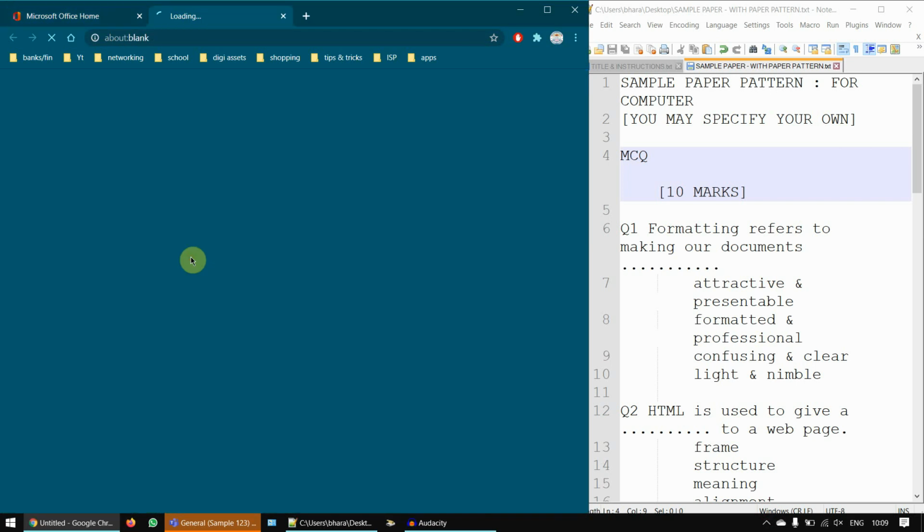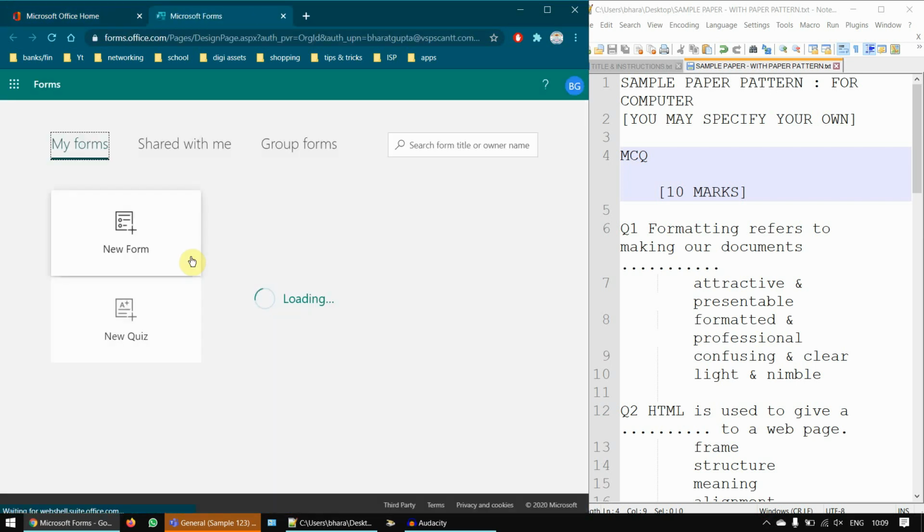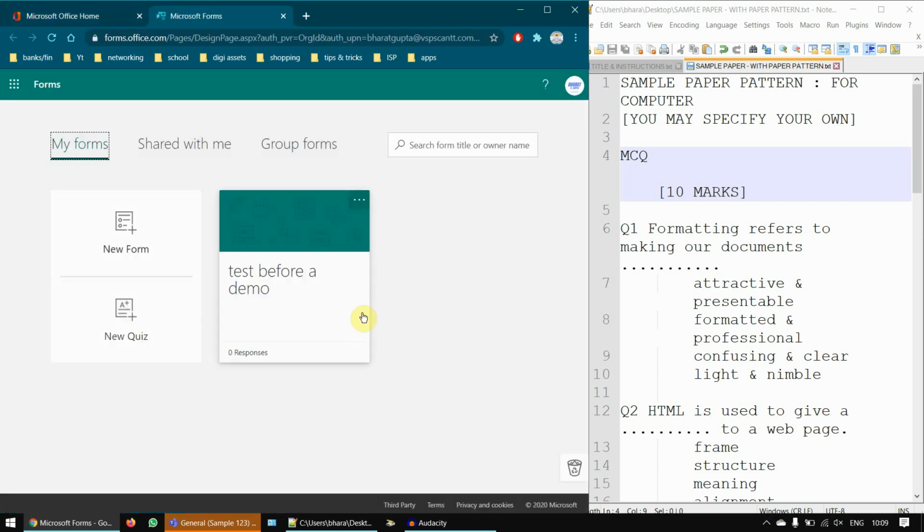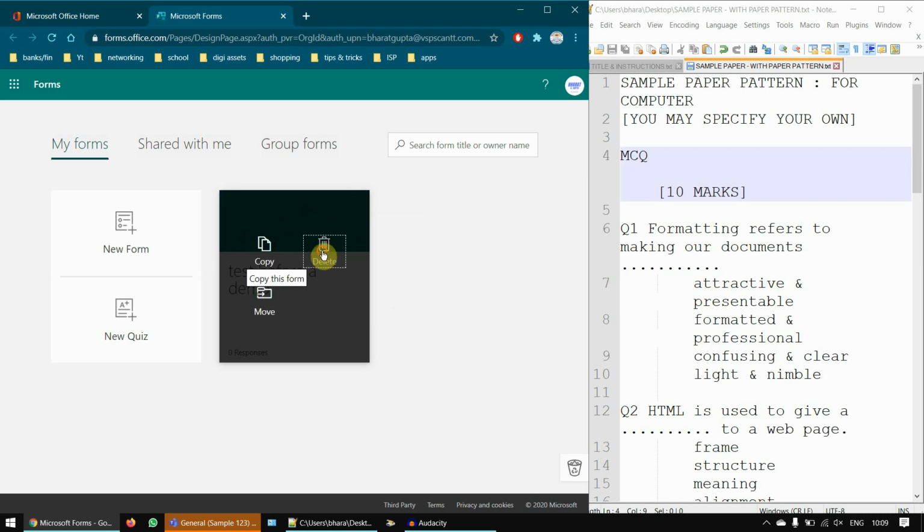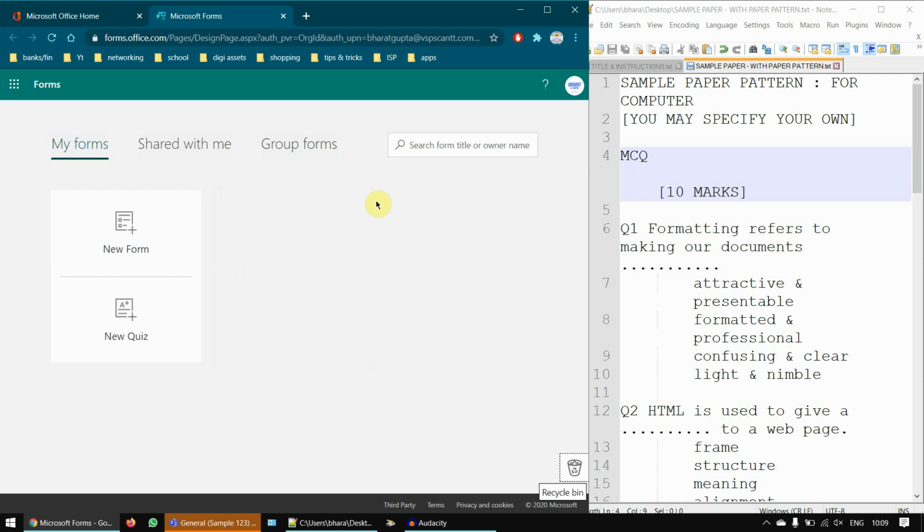So let me click this form button, and immediately after clicking this form button, we can see an array of all the recent forms. For example, over here I have a form called test before a demo. So you can delete the previous forms and you can manage all your previous quizzes and all your forms from here, from this panel. So we need to create a new paper, let's say a unit test paper for the